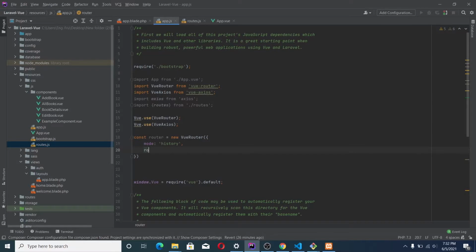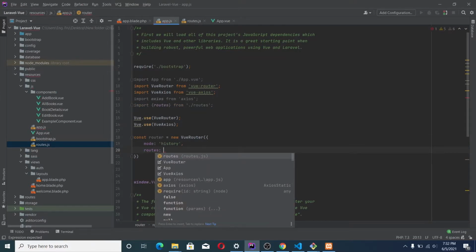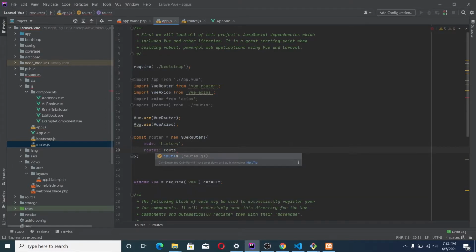There, let's bring in those routes, the value they are exporting in that other file. We are going to use routes. Okay.